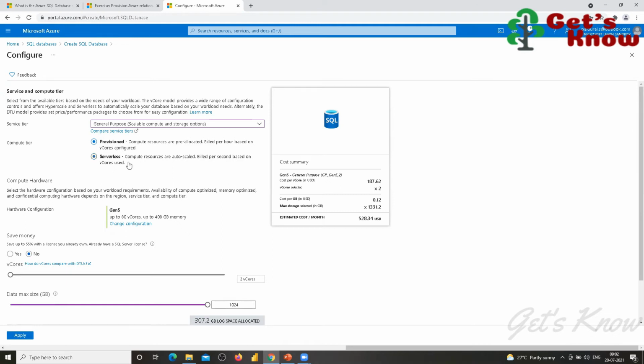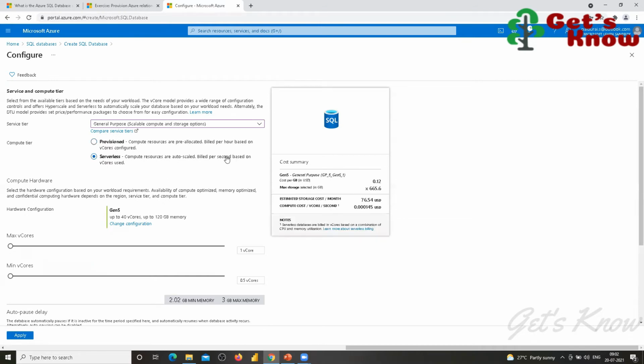But if you select serverless, it is calculated based on the vCore used, per second. If the vCore is used in a particular second, it will be calculated and added.